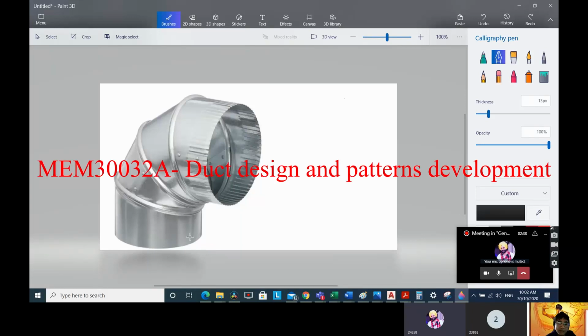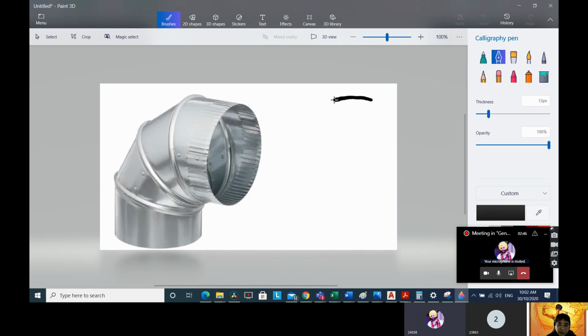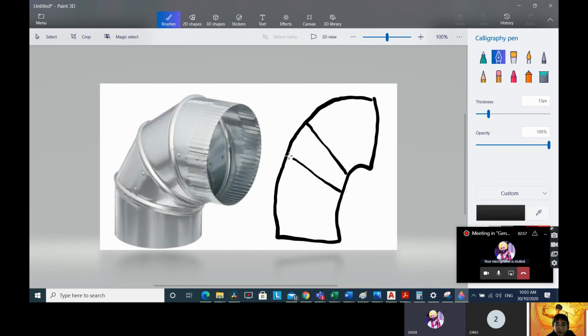This one here is a duct, a tube duct. So you can see the curve maybe like this. Then you got this. Yeah, so